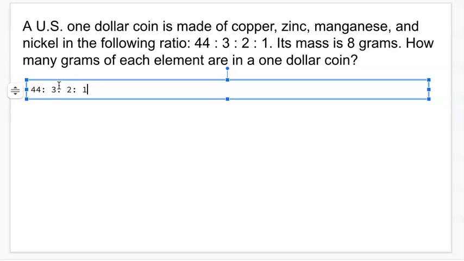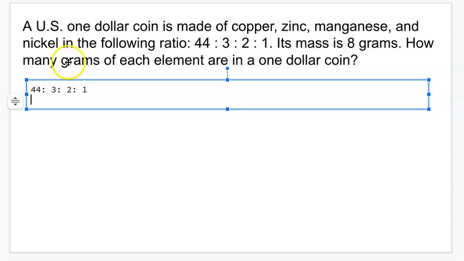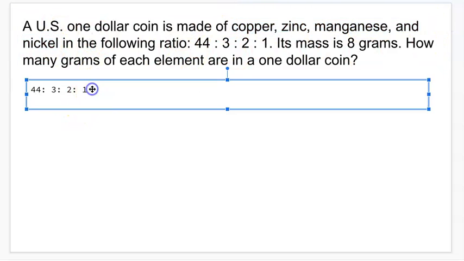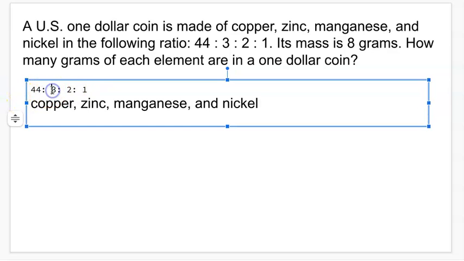2 to 1 means. First of all, there are 4 numbers in this. And if you look here, there are 4 items or metals in the coin, and they're listed in that order. So these actually go along with those. So 44 is for copper, zinc is the 3, manganese is the 2, and then nickel is the 1. So breaking it down, there are 44 coppers, 3 zincs, 2 manganese, and 1 nickel, if you were to look